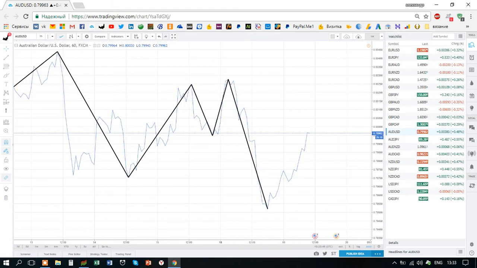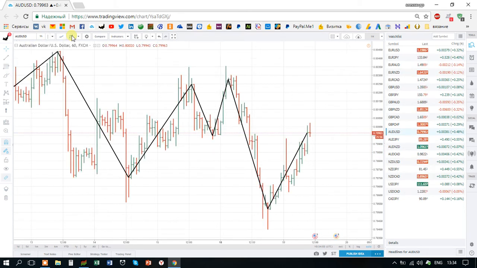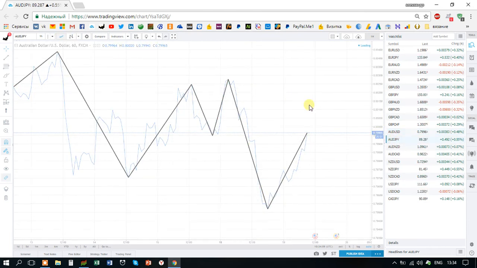We have that higher high here. If only we have that lower low like this, then I will start looking for some W type or M type formation, but right now it is early yet. Aussie yen,